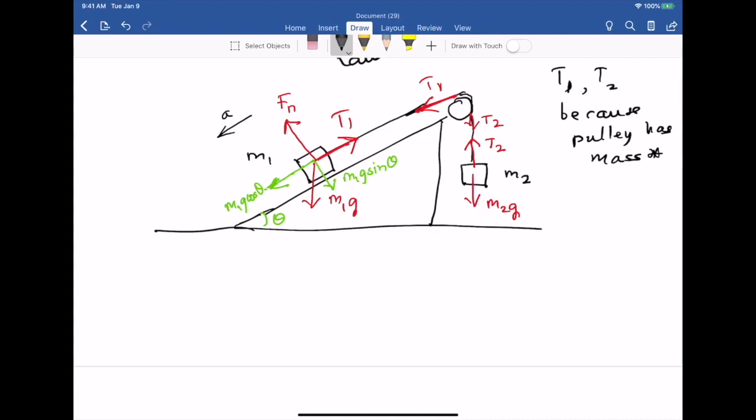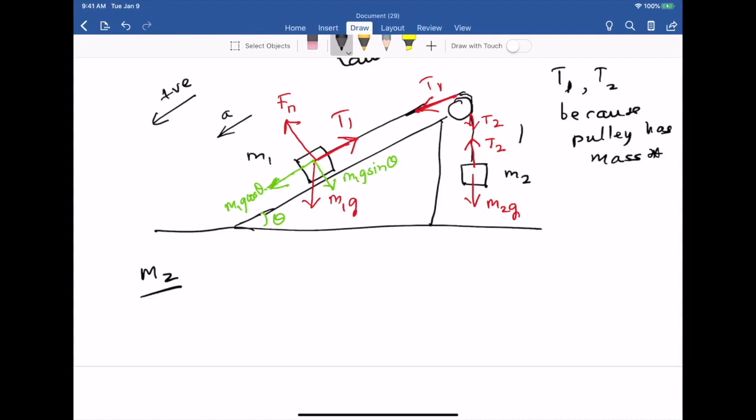So let's go ahead and apply Newton's second law to M2. We need to do one more thing. We need to assume a sign convention. It seems that the system is accelerating to the left, in the sense that the mass m1 is going down the incline and the mass m2 is going up the incline. So our sign convention for m1 would be down the incline is positive, and our sign convention for m2 would